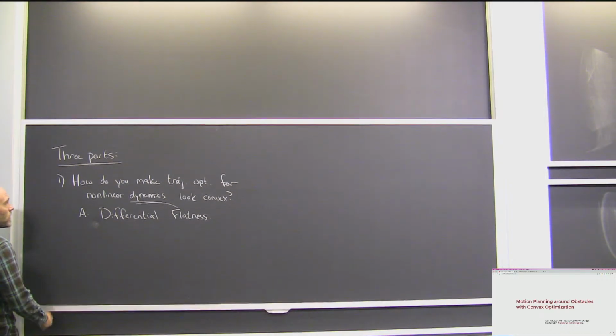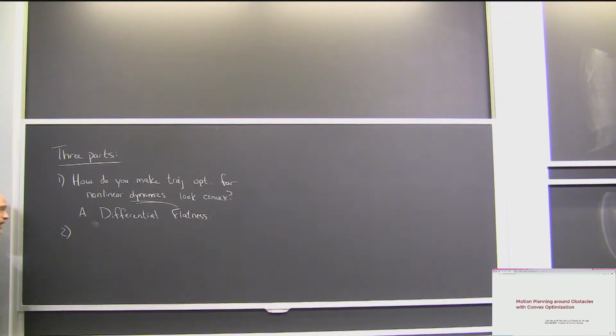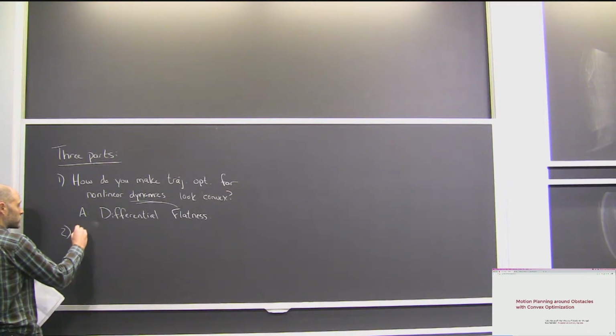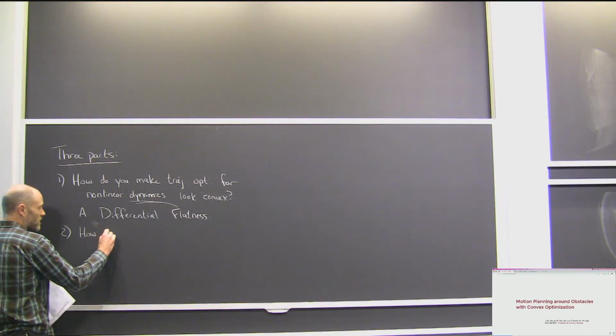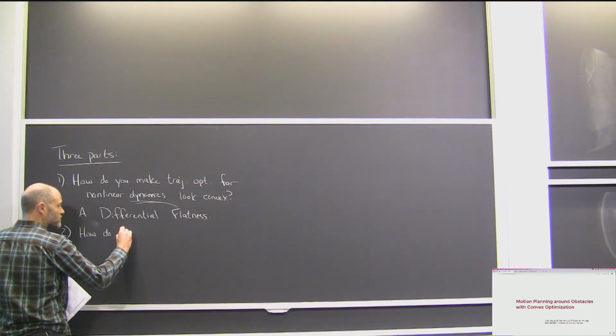The second question, the second reason why that problem should feel non-convex, is: how do you make these collision avoidance constraints